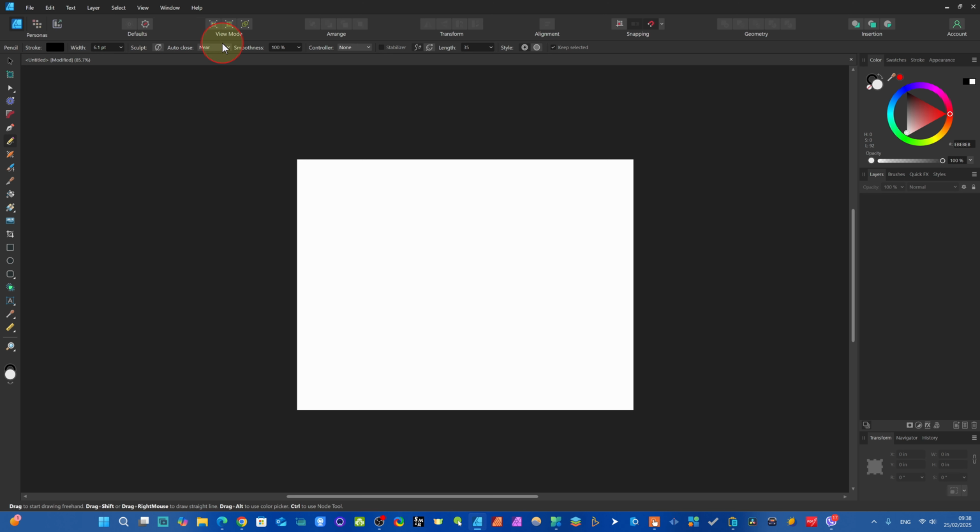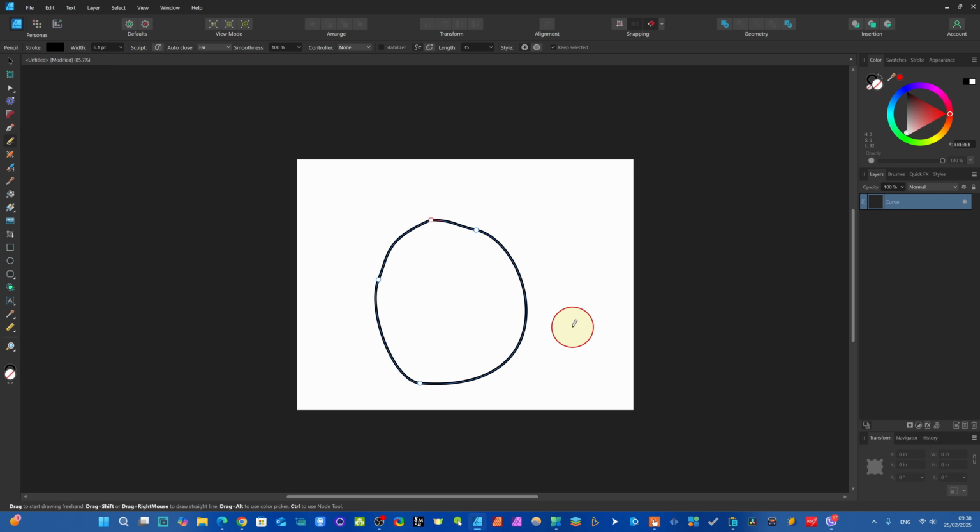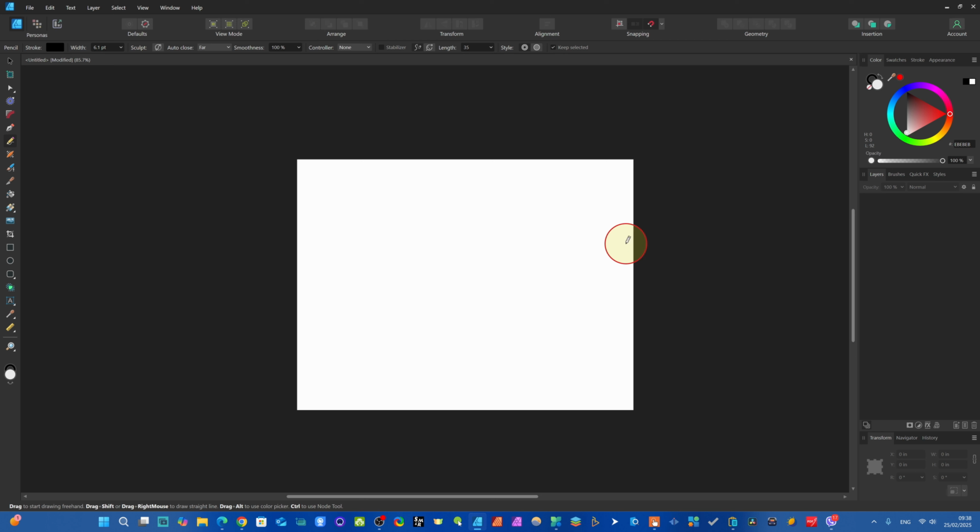And in the same way you have to come here. You see here auto close, and now there is also an option for far. It means when you draw the line here, even when you are very far, after clicking this option, Affinity Designer will automatically select and close. You see, it has selected and closed. So once again, I show you, just I take a line here, and I am far from here. You see it after here. So after this, it automatically grabs the line and closes it here.